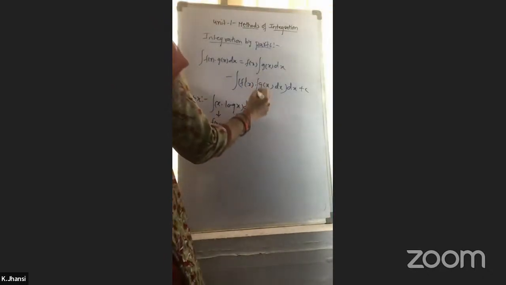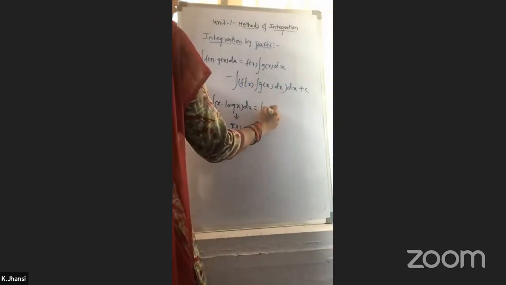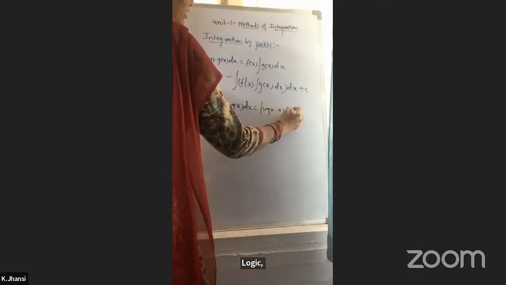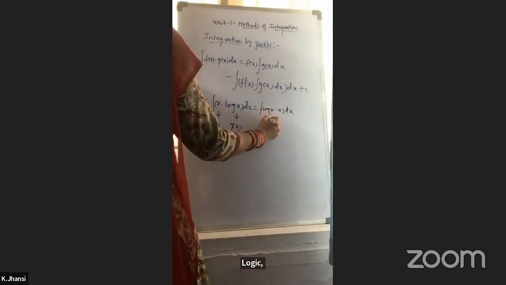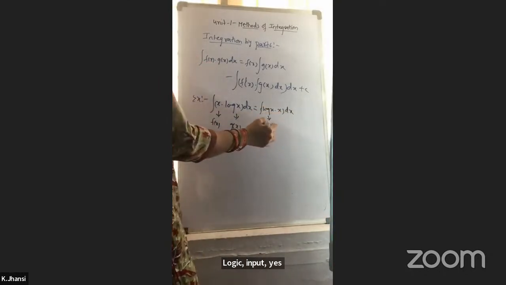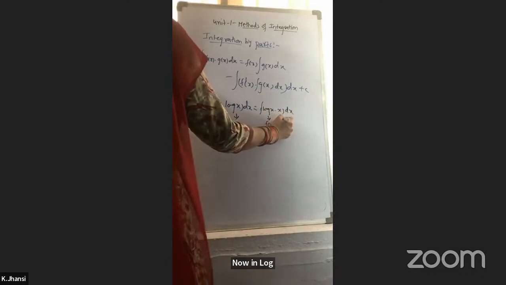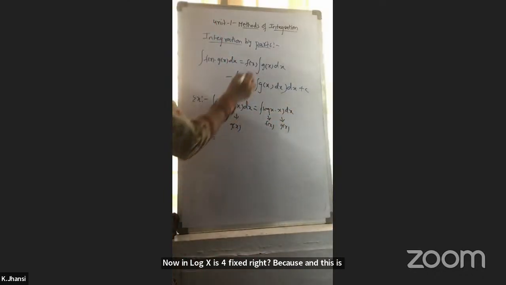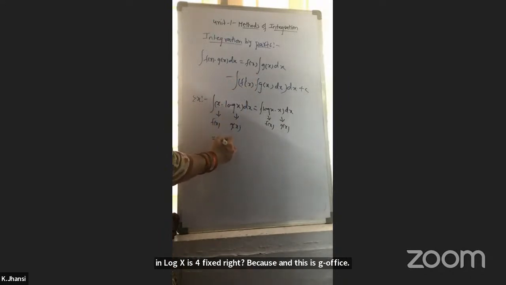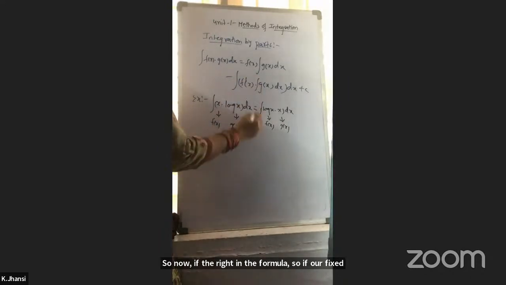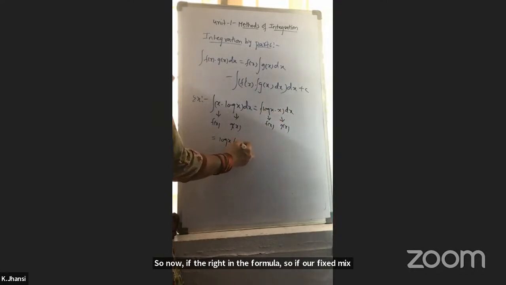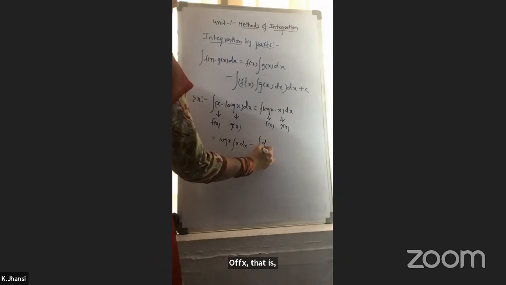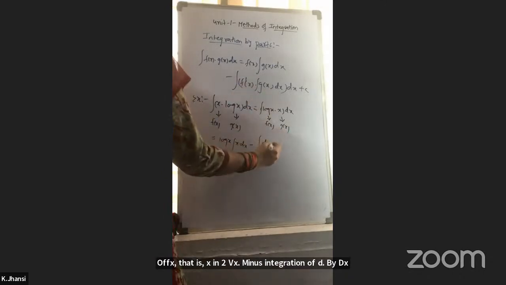Okay, this you can write as log x into x into dx. Now log x is f of x, because the differentiation of log x is 1 by x, and this x is g of x. So now if you write in the formula, f of x means log x into integration of g of x, that is x into dx, minus integration of d by dx of f of x,